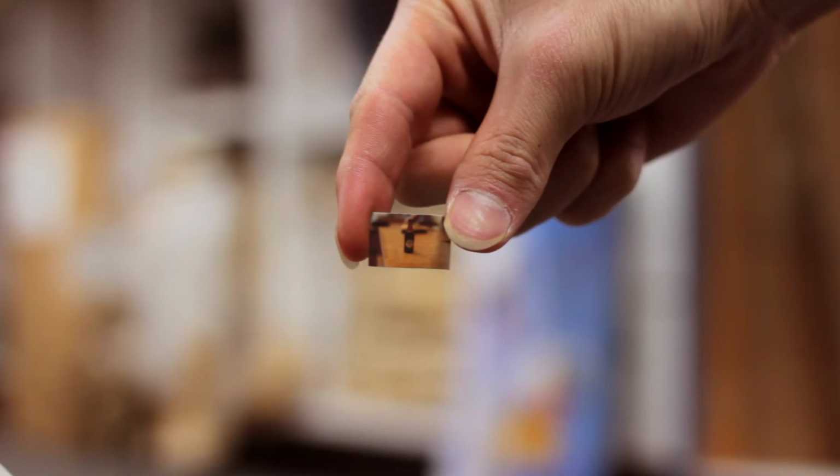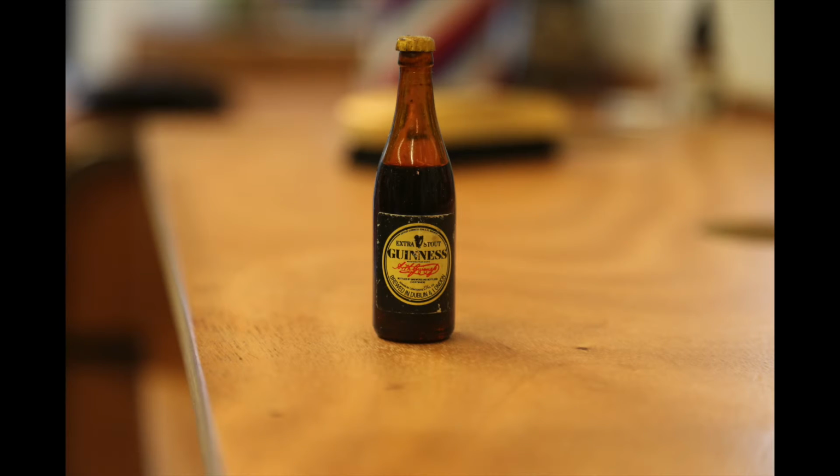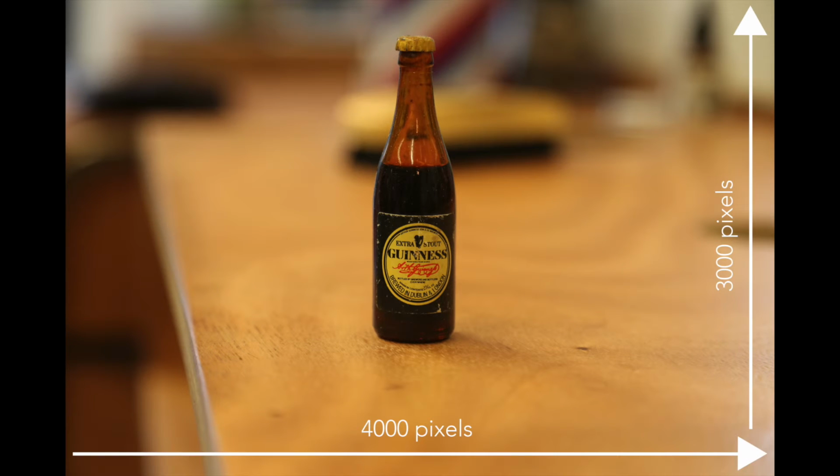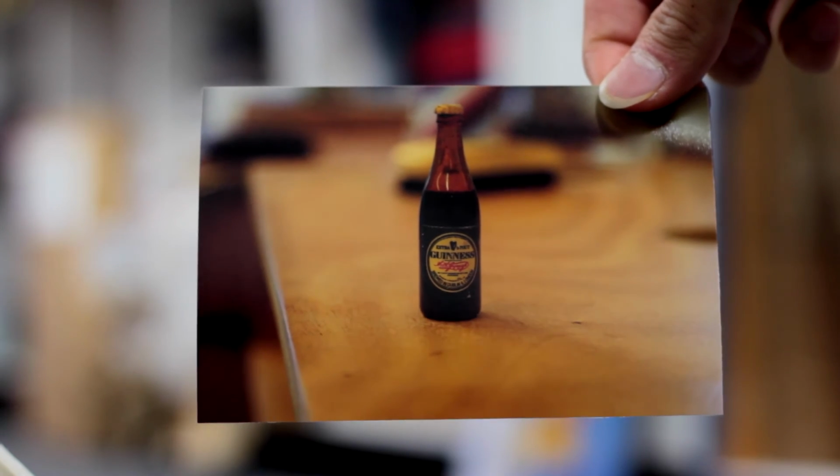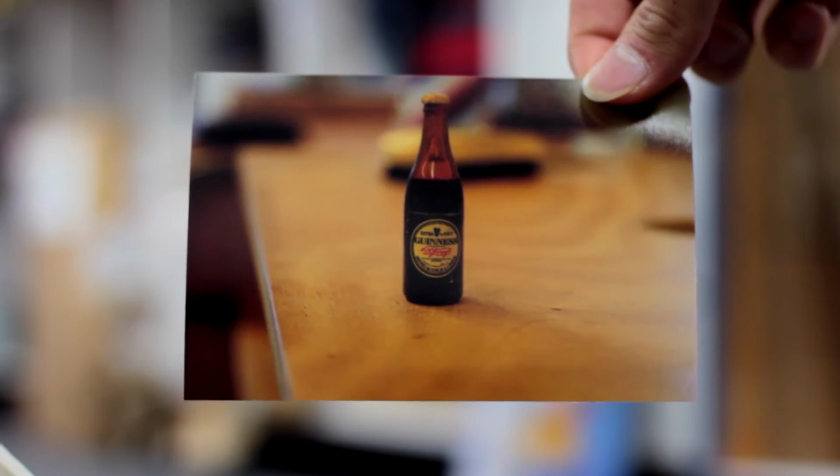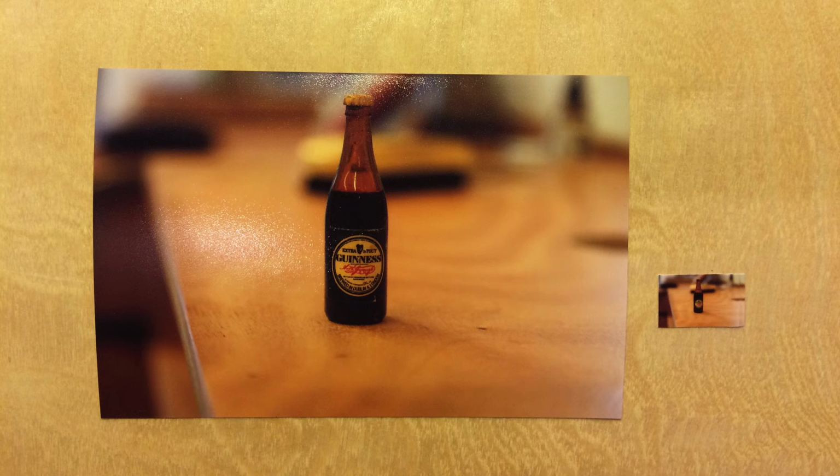0.6 inch. That's small. Whereas if you'd taken a picture from a 12 megapixel camera, which roughly takes 4,000 by 3,000 pictures, printing at 300 DPI, you would get a high pixel density print that is about 5.2 inches by 3.9 inches. A big difference.